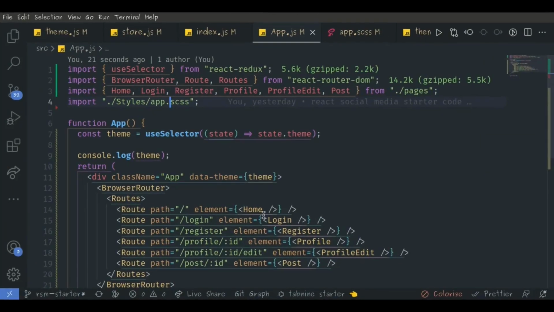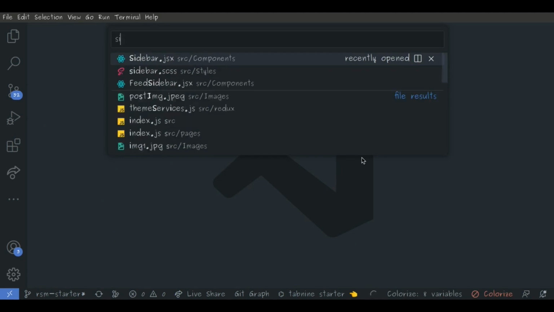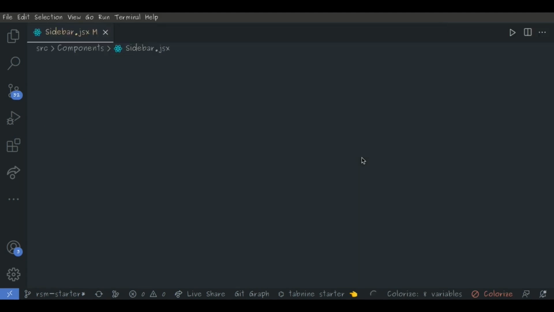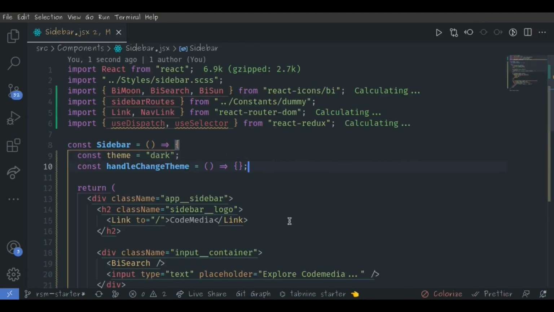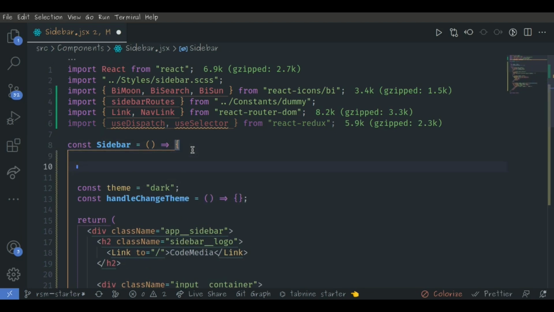So in order for us now to change this particular thing, let me close everything, let me close all the tabs that are open, and I go back to my sidebar. In order for me now to make this thing work here, inside of this theme that we have here, so inside of my sidebar here, in order for me to be performing this so that it should work,